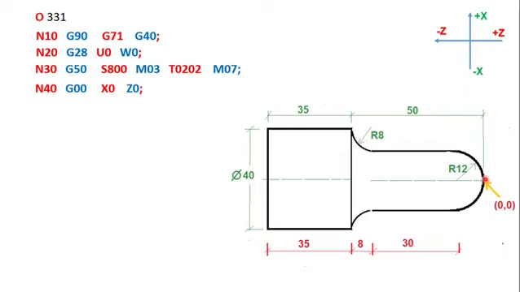Now from here I have to move like this, you can see. What is this direction? This is the anti-clockwise direction, so that's why we are using G03. Now when the tool is here, what is the endpoint? In the X direction, from here it is 12, positive side. Here Z is minus 12. So X12, Z minus 12. What is the radius? R12, and the feed rate is given.